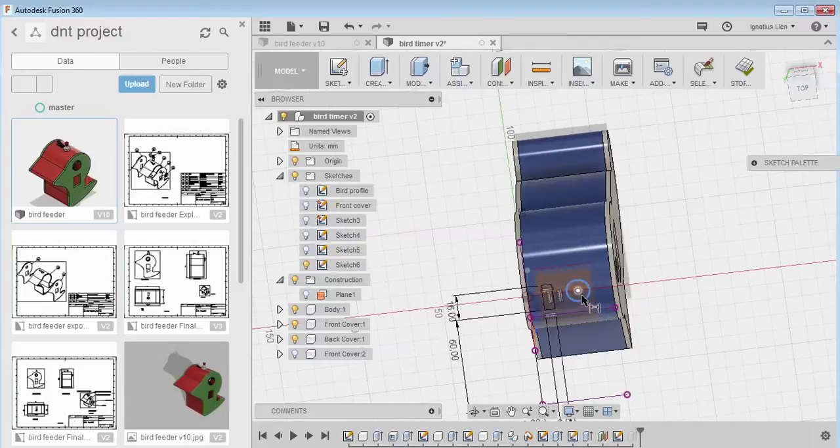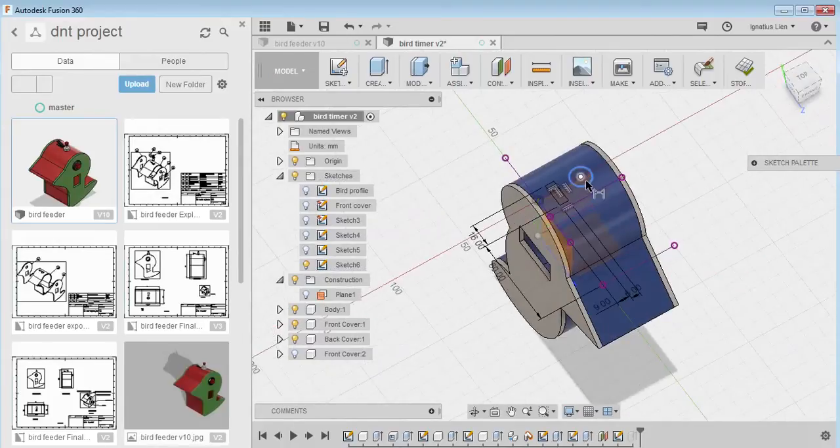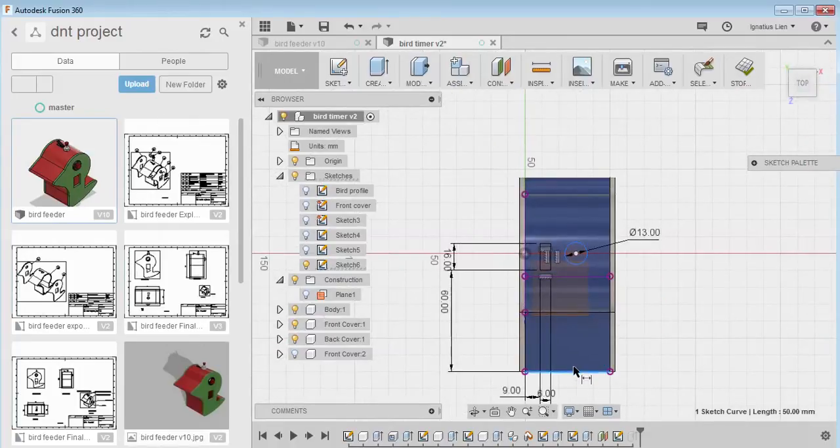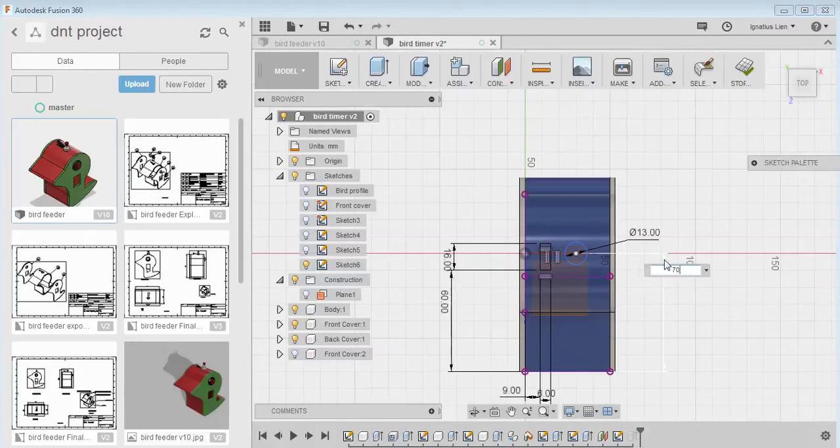Put D, dimension the radius again, and put the dimension to the position, put whole number, and let's try it again.